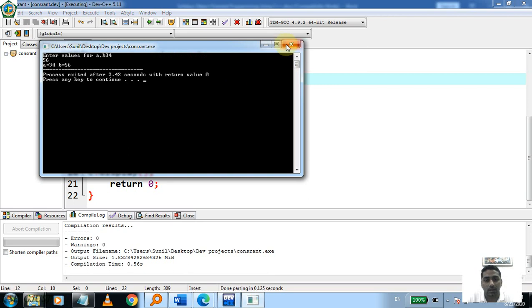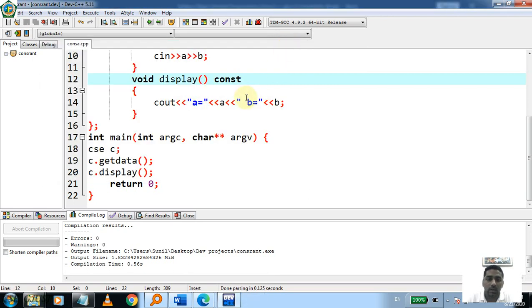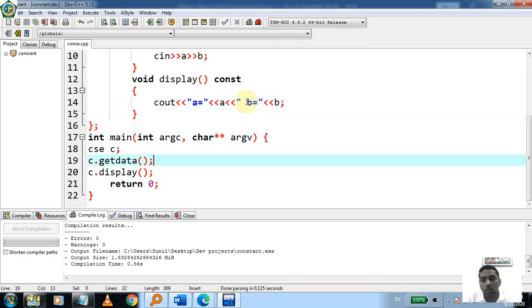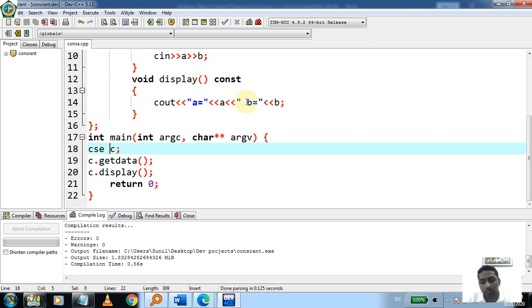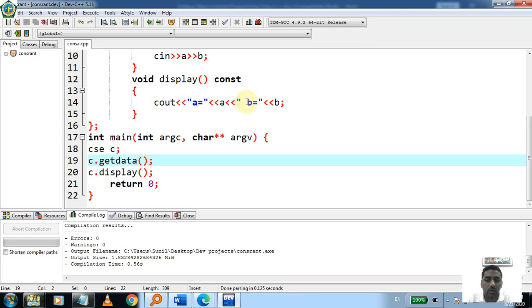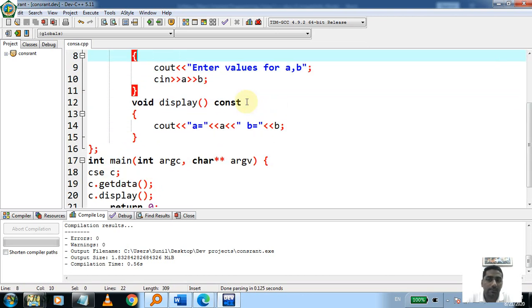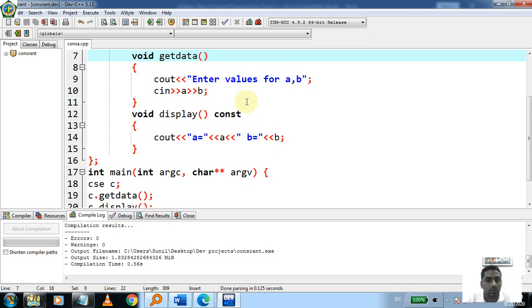The values are not changing inside the display function, we are just displaying the variables. This is a normal object, not constant, not static, so it can call any type of constant function or normal function. But a constant function can call only a constant member function.